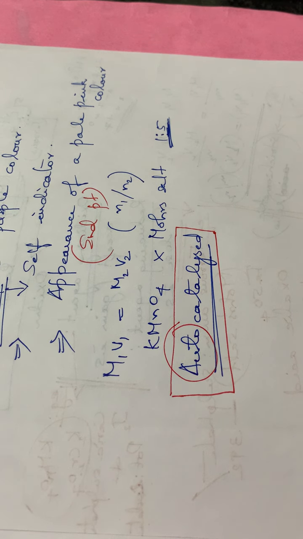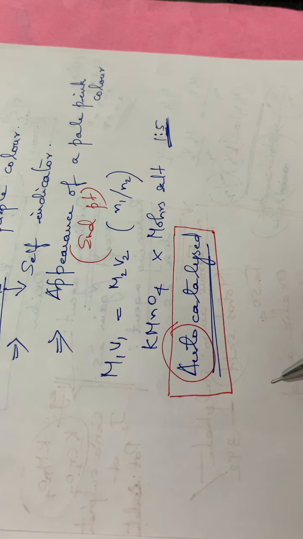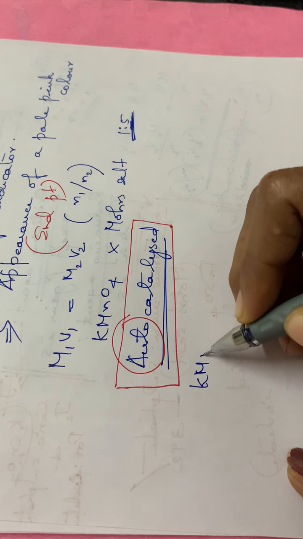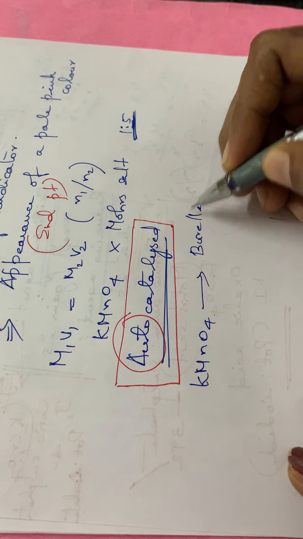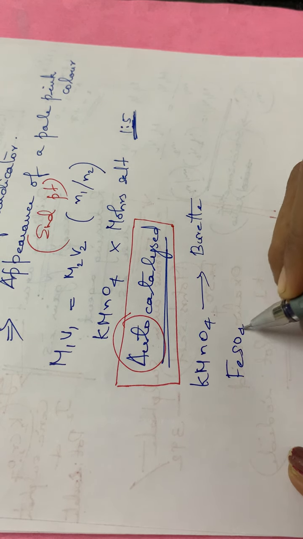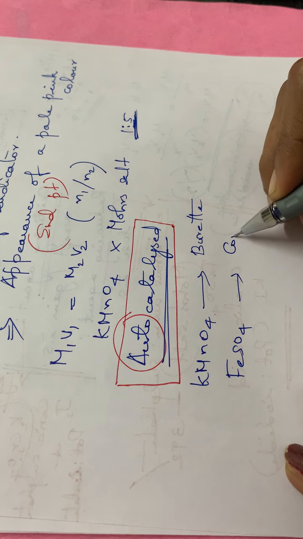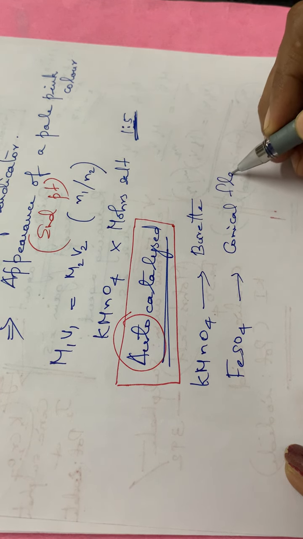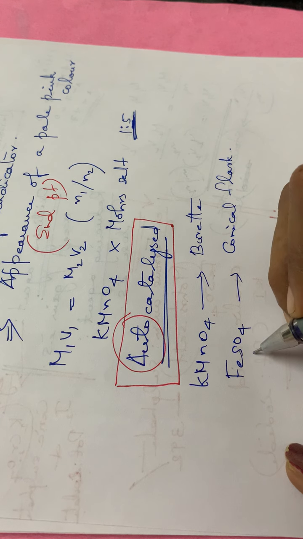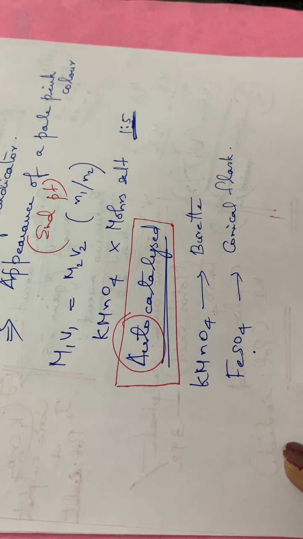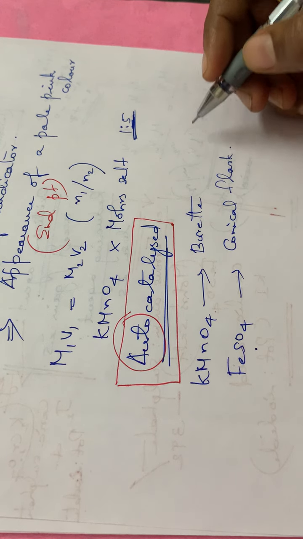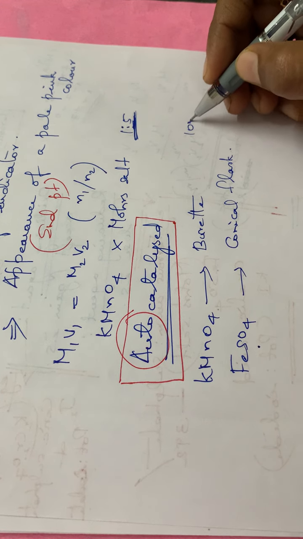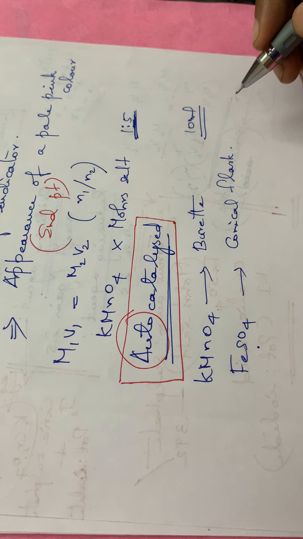One more point to be noted is this: KMnO4 is taken in the burette, and the Mohr's salt, or ferrous sulfate, is taken in the conical flask. If we add KMnO4 solution suddenly to the ferrous sulfate at the start of the reaction, during the initial time, say 110 ml directly and rapidly, what happens is that